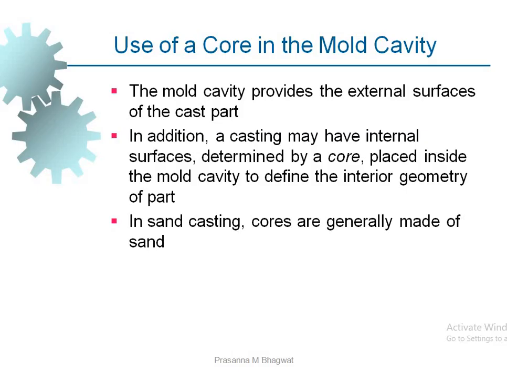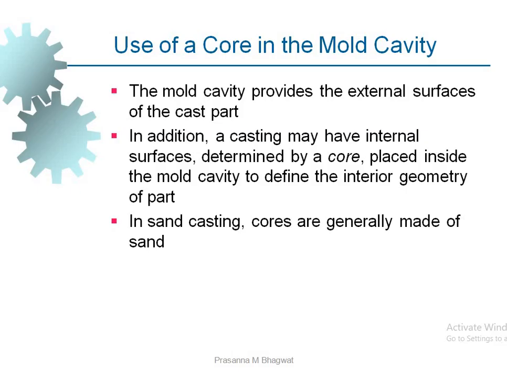Now, what is meant by core? When you need to provide a certain hollow shape inside the casting, one process is machining or drilling so that you can have that particular hole in the casting. But doing this every time takes a lot of time. Instead of that, a core of that particular diameter is kept inside the mold, so that when you pour the metal, the core automatically gets burnt out and that hollow shape is created